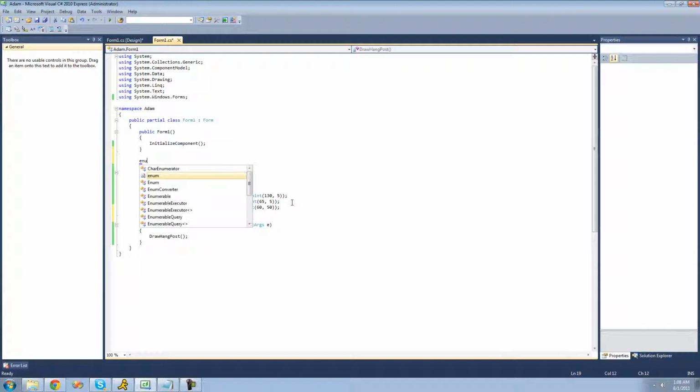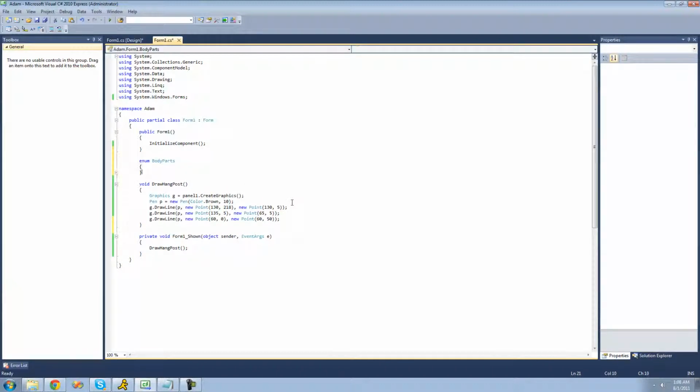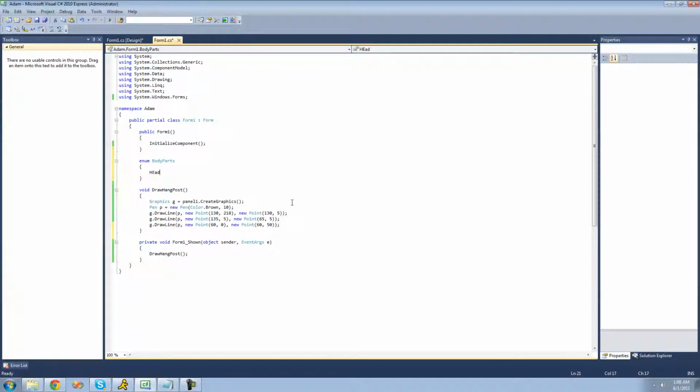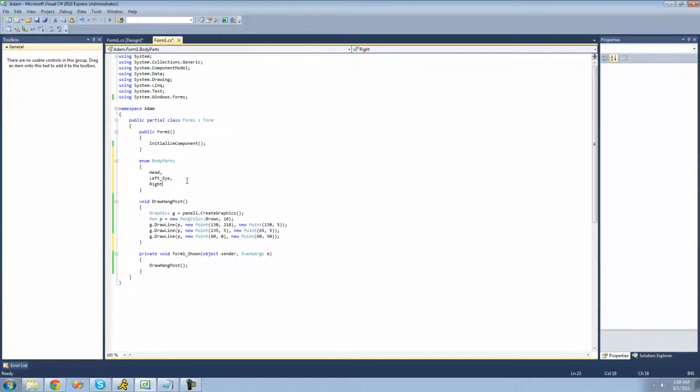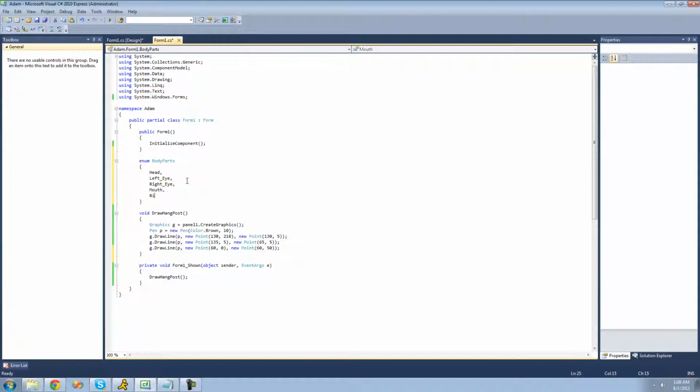So we're just going to type the keyword enum right here, and then name our enumeration. I'm just going to call it body parts. And inside of here, I'm just going to type out all of the different body parts for our hangman. So the first is obviously going to be the head. Then we're going to have the left eye. And remember, we can't have spaces in our elements, so we're going to have to basically just use an underscore instead. So left eye, right eye, then mouth, right